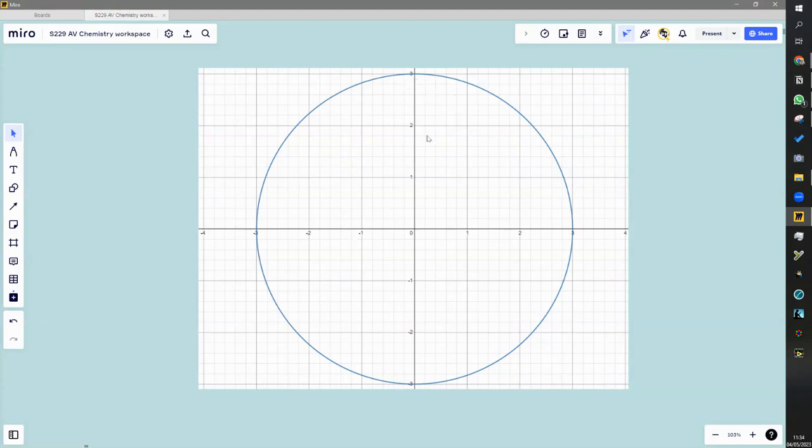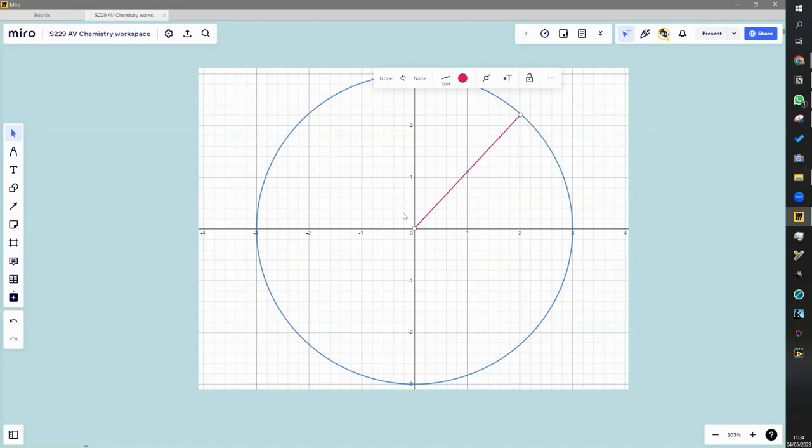But let's try to understand why this is the graph. How can we come up with a formula for this graph of the circle? Well, what we'll do first of all is imagine drawing a line from the center to any point. So let's just draw it to this point here. Back to here. Okay,